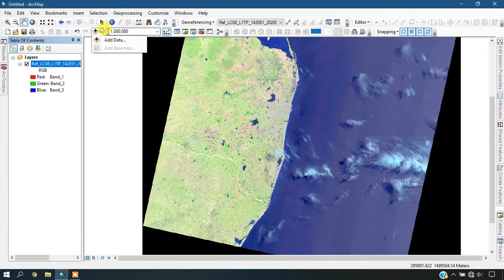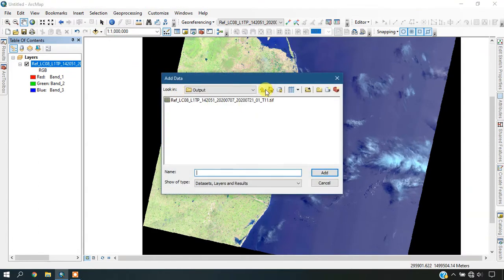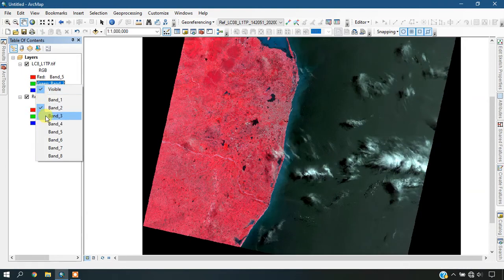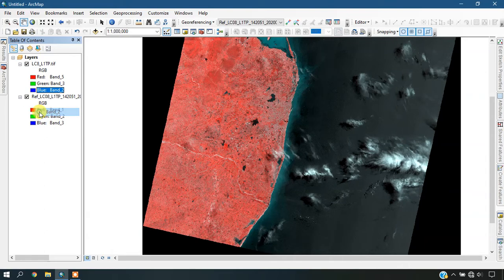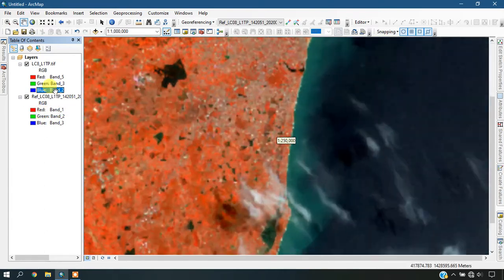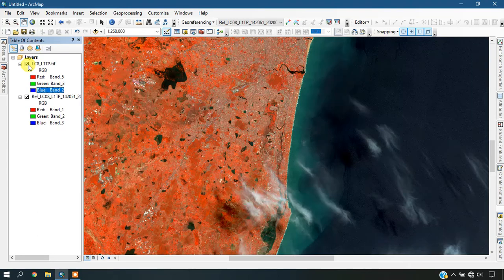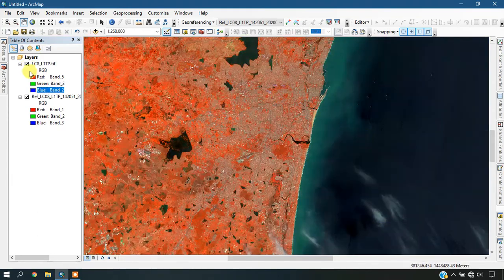I am also adding the reference image. You can see it has been successfully georeferenced.